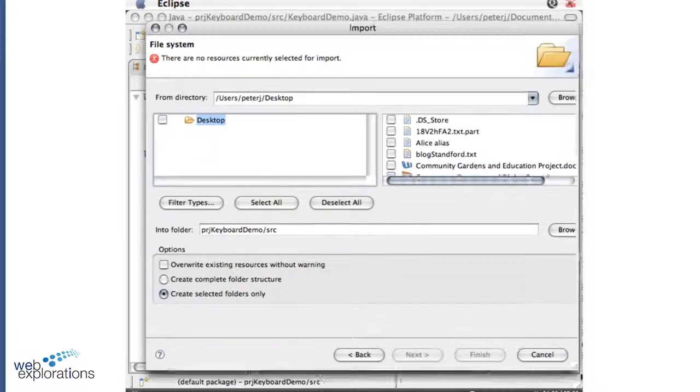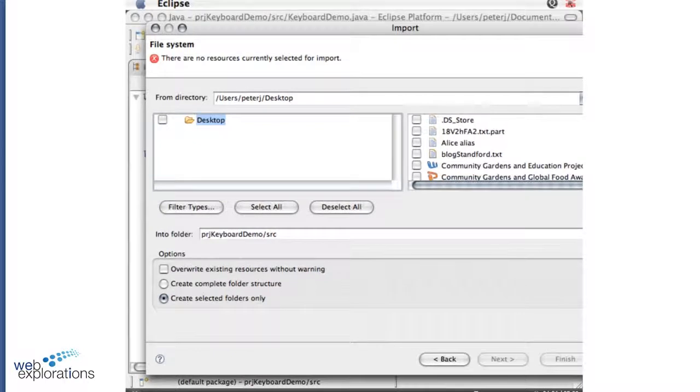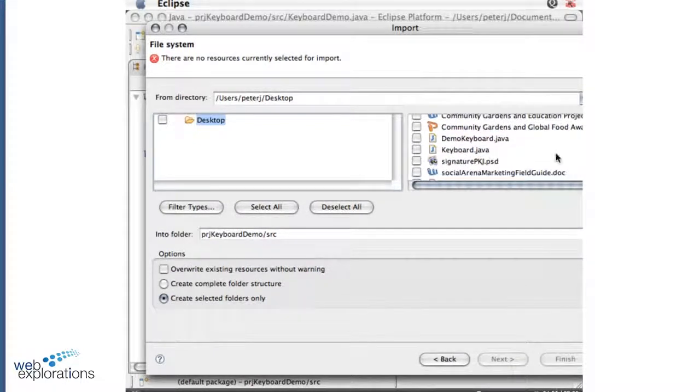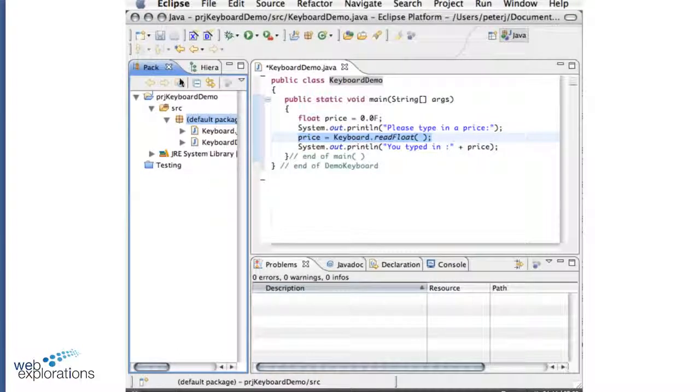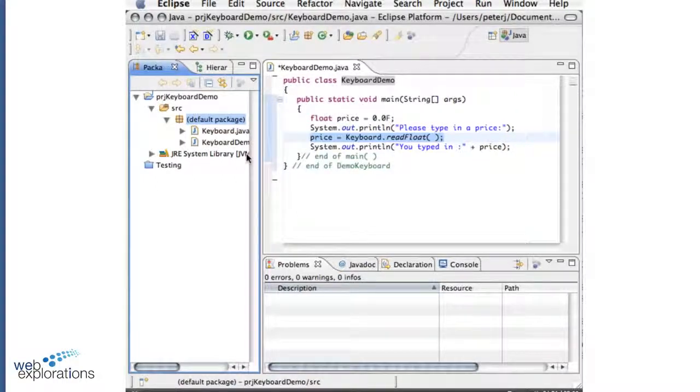I scroll down. And here's my Keyboard. So I'll check it, and then I'll say Finish. Notice where it's going: into my project demo, my source class. Do you see how that prefix really helps out? Keeping the same defaults, do a Finish. And now I have my Keyboard Java, and you can see my error left. So now when I run the program,